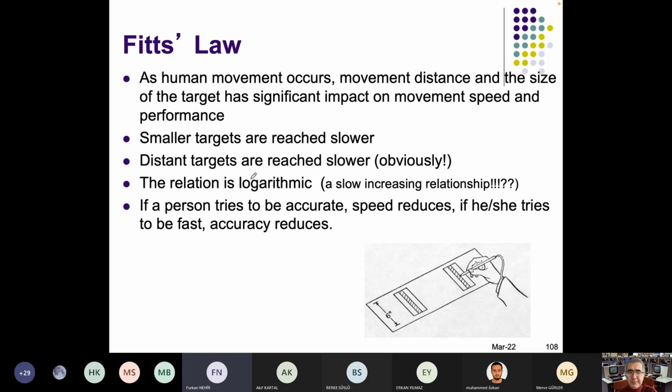Let's do the last thing here. We have Fitts' law. Paul Fitts, in 1954, made this experiment in experimental psychology, with a stylus, with distance and with the size